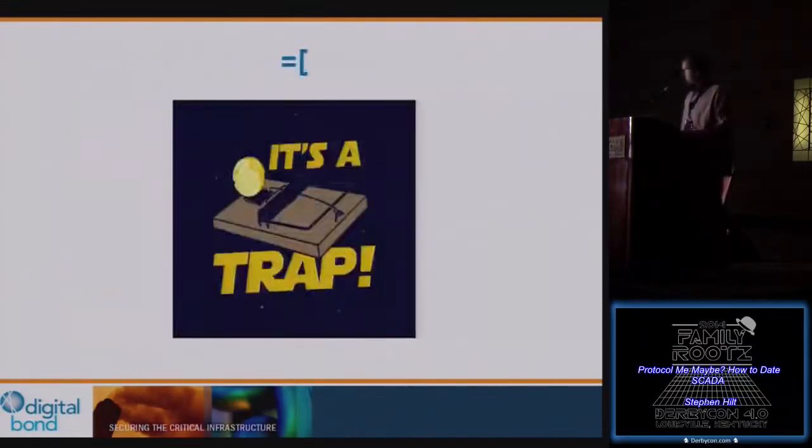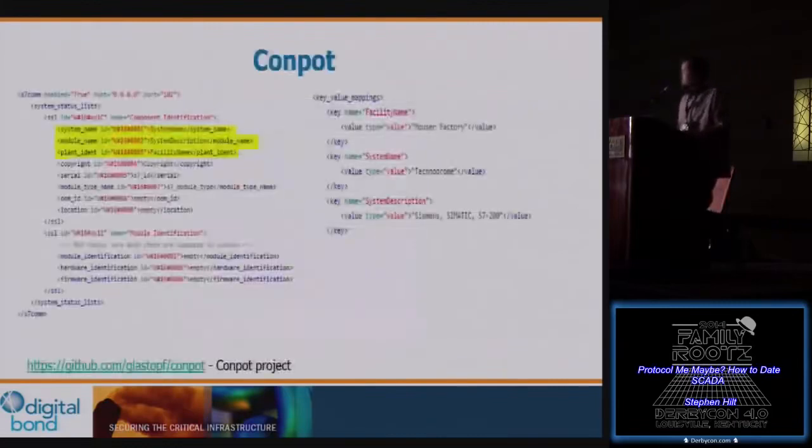So it's actually, after doing some searching online, you find out that that's actually a Conpot. So here's the Conpot, at the bottom is their GitHub. And then the configuration for those fields are right there. And you can pull off to the right, it's the Mauser Factor, Technodrome, and the Siemens Cymatic S7200. The interesting one is the Siemens Cymatic S7200. There's actually no fields out in the wild that actually have commas in them, usually for that system description.